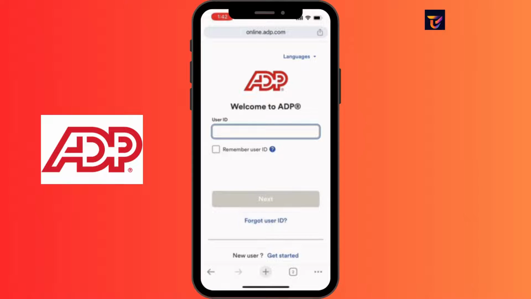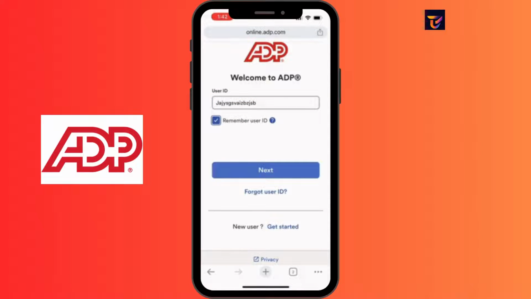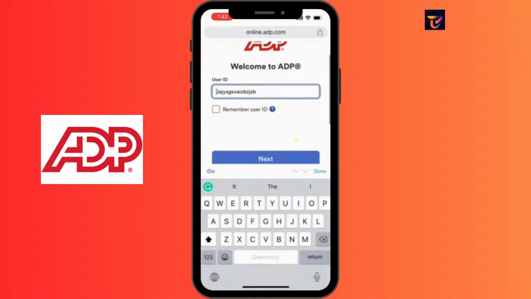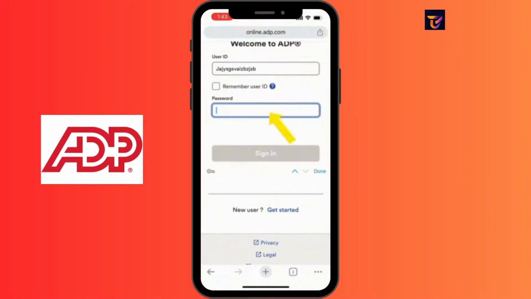So first things first, let's tap our user ID. Let's type our user ID. Right below the user ID, there's an option called remember user ID. So if you want ADP to remember your ID, you can simply tap the square box. And if you don't want to, then you can simply leave it like that. And let's tap next. Now you have to type in your password,